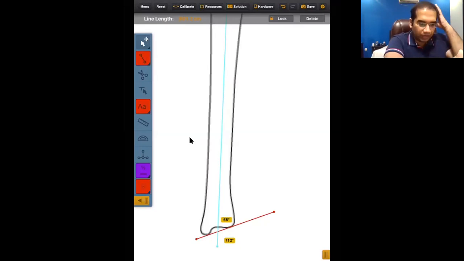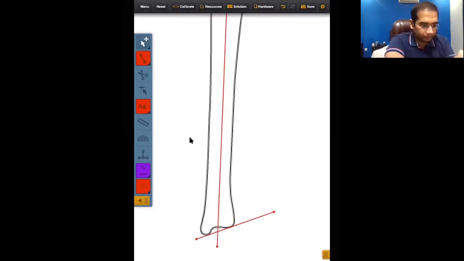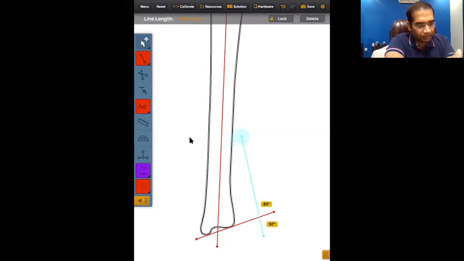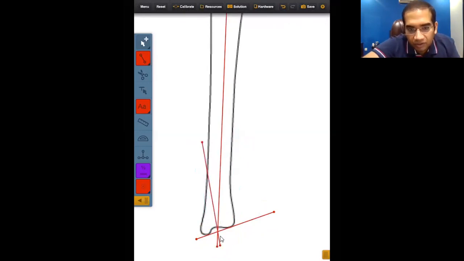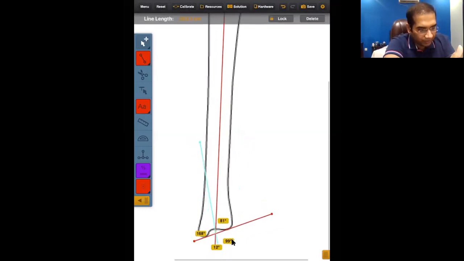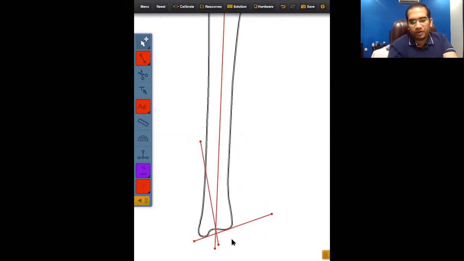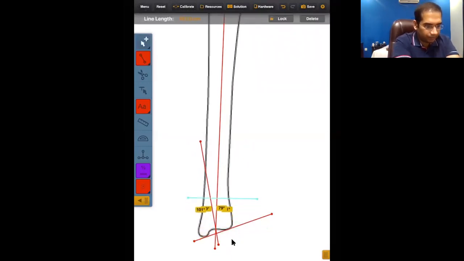How are we going to calculate the CORA? We're simply going to draw a line at 80 degrees, which is the normal reference. And since we can see the joint here is the deformity, this line has crossed the middle. So we know for a fact that it is an intra-articular deformity, because our reference line is again going to originate from this part. And let us get the angulation correction axis.